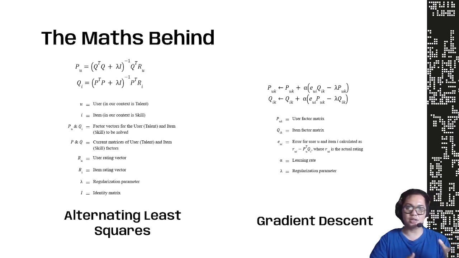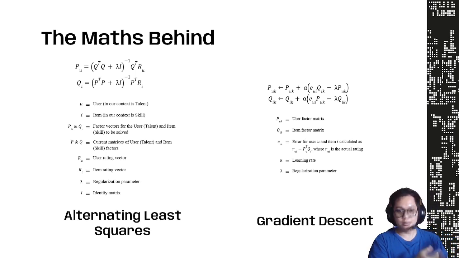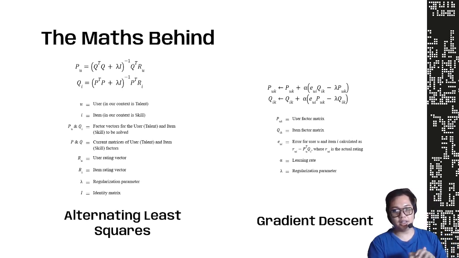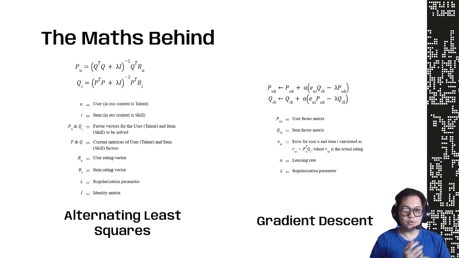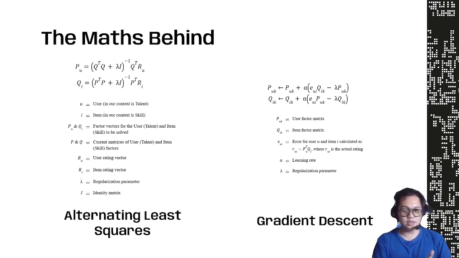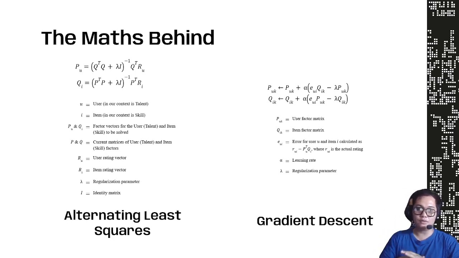Since we are doing this iteratively, it might take a lot of time, or be computationally quite expensive. Since we are iterating from both sides of the factors, ru is the user rating factor, ri is the item rating factor, lambda is the regularization parameter, and I is the identity matrix. In gradient descent, puk is the user factor matrix, and qik is the item factor matrix, and eui is the error for the user and item i, calculated as the